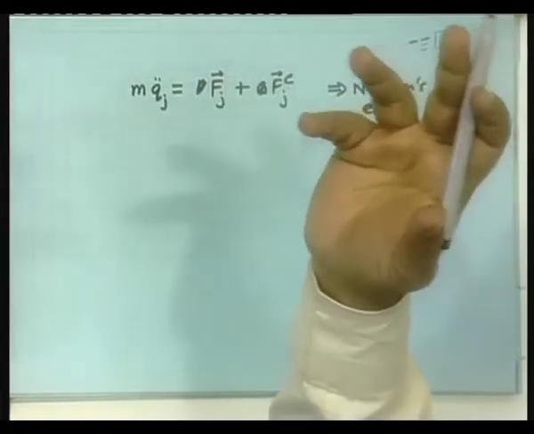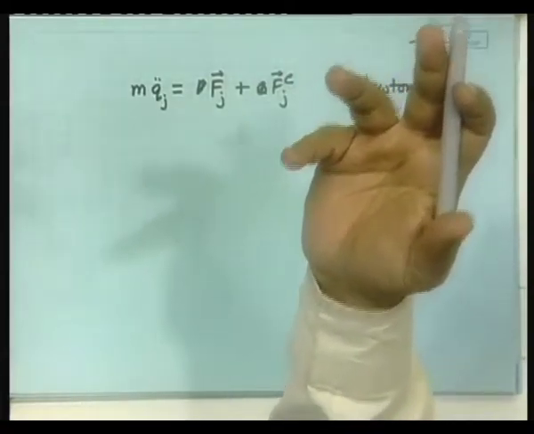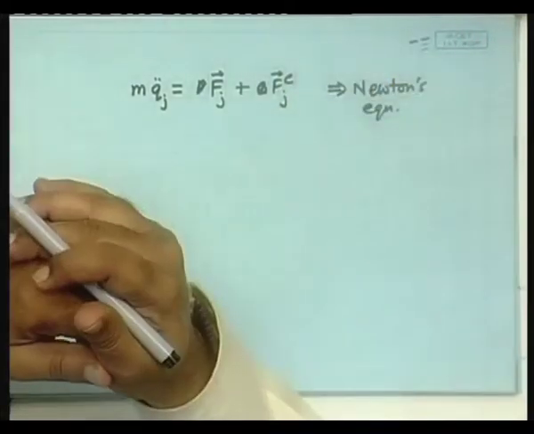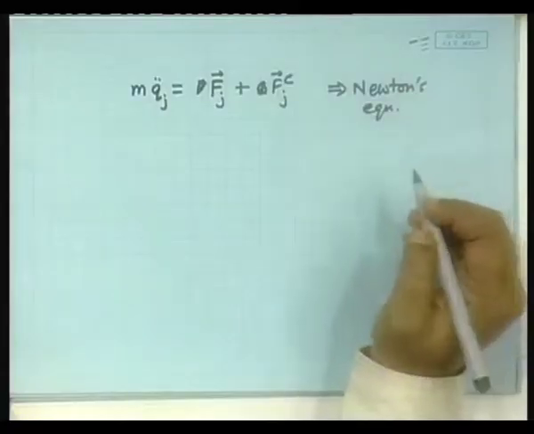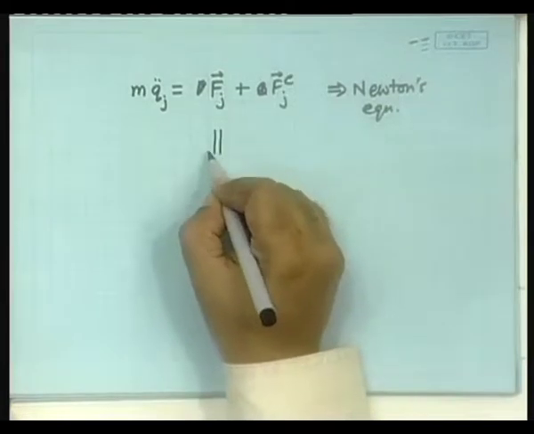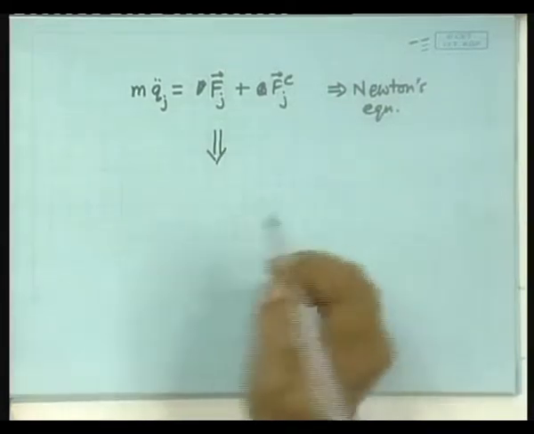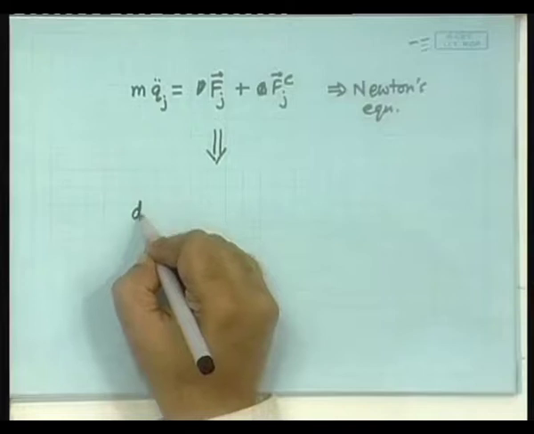So, how many coordinates do you really need? 3. And how many equations do you really need? 3. If there are holonomic constraints, then it goes to even fewer. So, that was one problem with Newton's equation, and from there we had obtained the Lagrangian equation as d